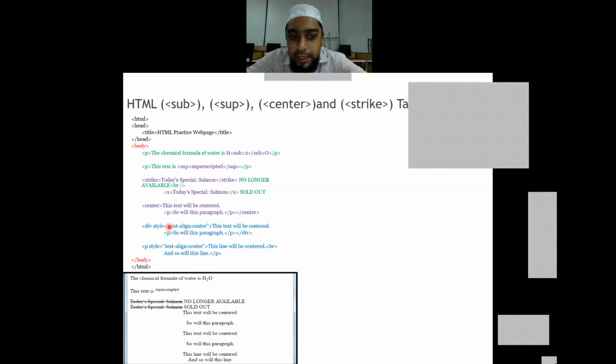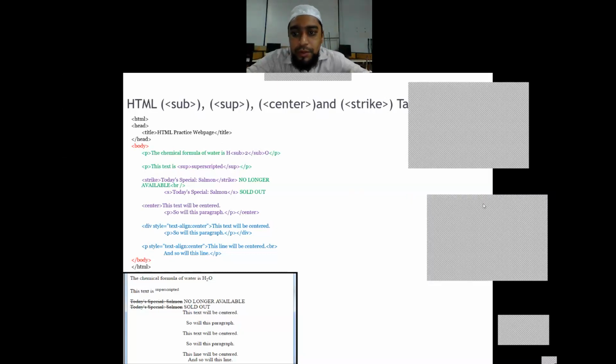If we consider the div and the paragraph, they are going to give almost similar physical appearances. But if we talk about the logical reasoning behind why we are using them, there is a huge difference between those two categories. So I hope this matter was clear for everyone.